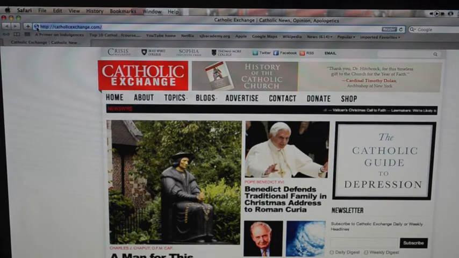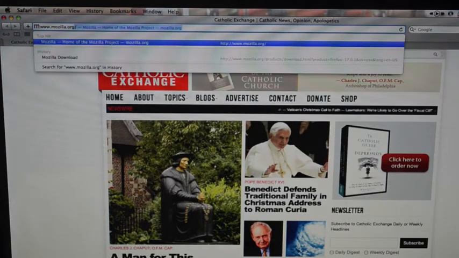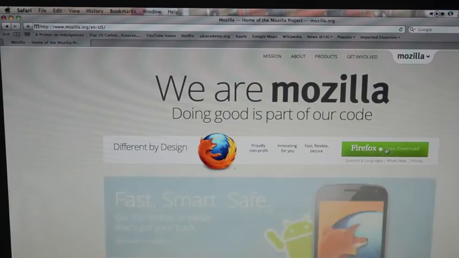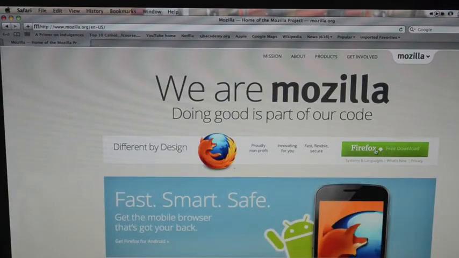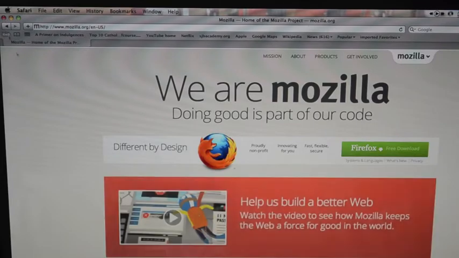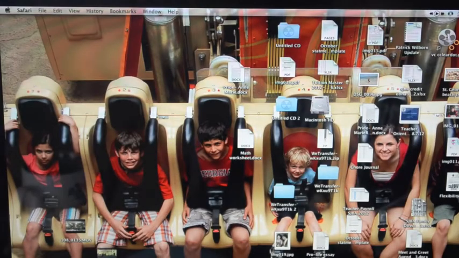You go to www.mozilla.org. And all the instructions for downloading Firefox are right here. It's a free download, and they have a PC version and a Mac version, and it should automatically know which one you need. You just follow the instructions for downloading and putting it on your desktop, and it pops up on your desktop. So then once you've installed Firefox,